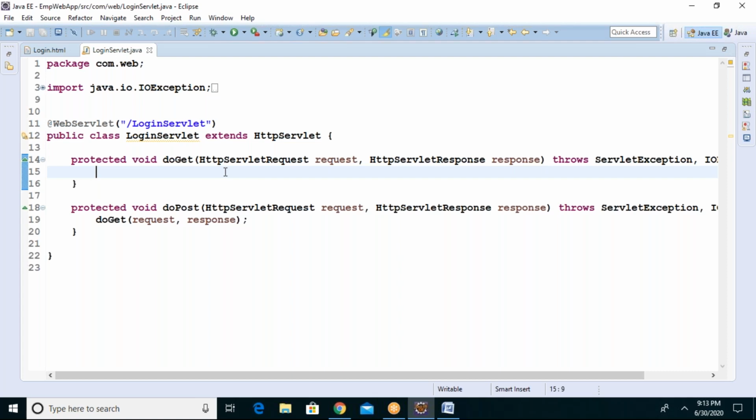Do some service, do business logic. You have to check the username and password given by the client and give the appropriate message, success or failure. Yes or no? Correct?